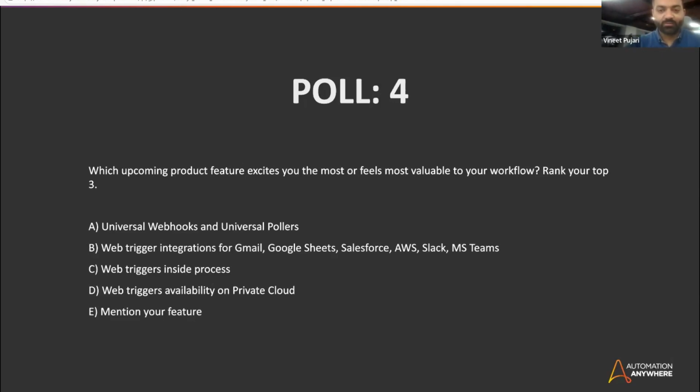Now, web triggers in Automation Anywhere, how we think of them is they allow you to surface information, right? Whenever an event happens, web triggers allow you to surface the information about that event to your automations, right? Now, surfacing information is just grabbing a news item that happened and handing it over to an automation, right? Most of these web triggers, how you can secure them is by, of course, you'll create some kind of a